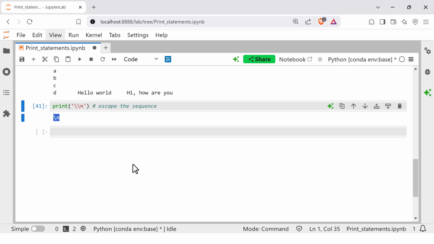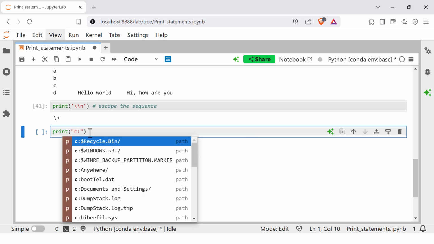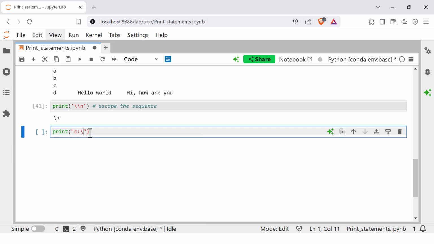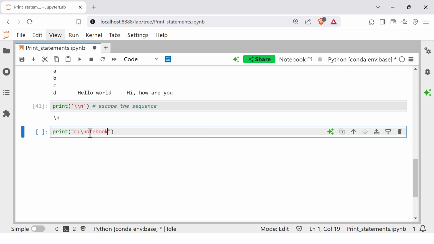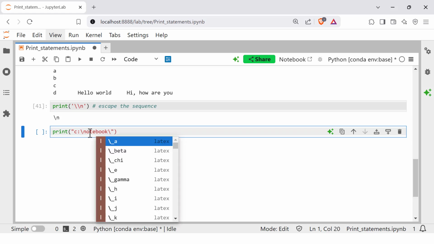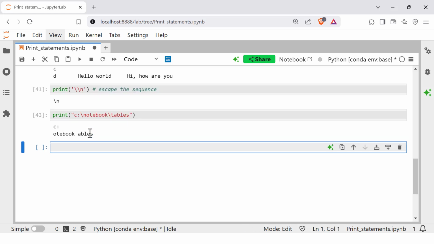This is generally useful whenever you have some information where you want to print the backslash. This generally happens whenever you're trying to display a path. For example, here I want to print some path. Let's say this is the C drive, some notebook, and in the notebook I want to go to another folder, something like tables. Now if I execute this, it will not print as expected, because